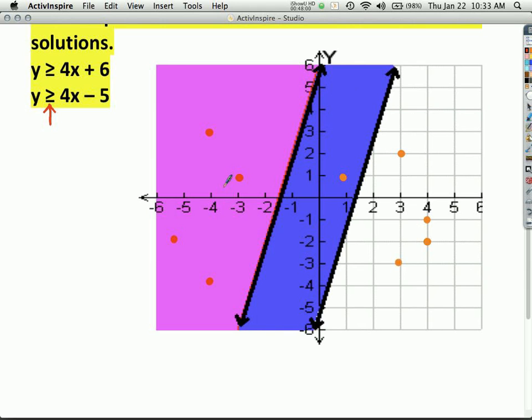What if they were both pointing the other direction? What do you think would have happened? If these were both like this, if this was that way and that was that way, what do you think would have changed in the graph? Give me a thumbs up when you've got it in your head of how you think it would change. Gloria, what's your thought? Yeah.